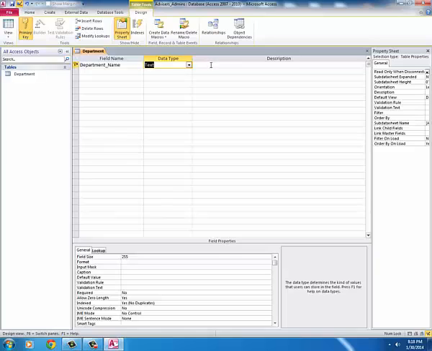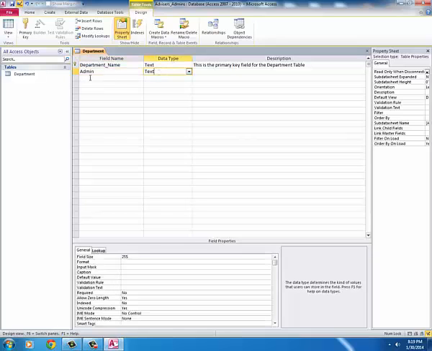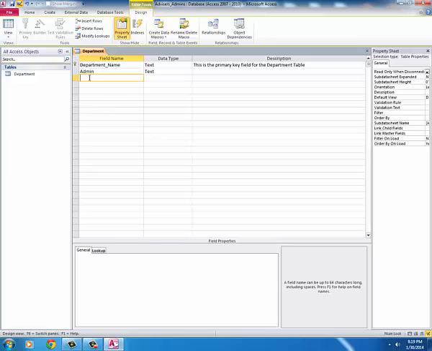And you can actually type in a description here if you like. This is the primary key field for the department table. And then we just head on down the list here. We go, this is the admin field, admin, and that's also going to be text. We go in, we put phone,